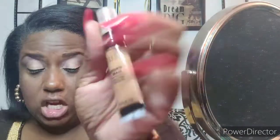All right. So I was kind of debating on whether or not I was going to actually conceal today using my Milani Retouch and Erase Light and Lifting Concealer, or if I was going to use this Flesh Chunky Stick Foundation in the color Toffee and try to use that just to lighten up under. And I think I want to try this and kind of see what this is looking like. So I'm just going to go in here. I'm going to try this new